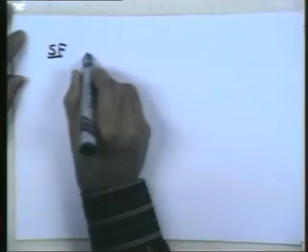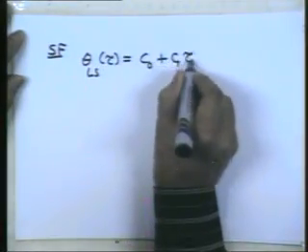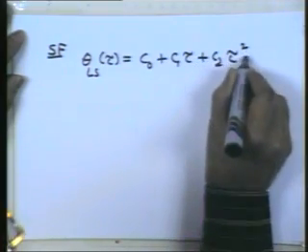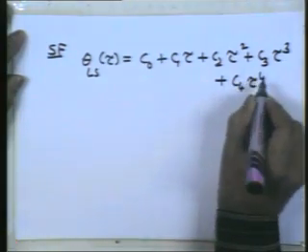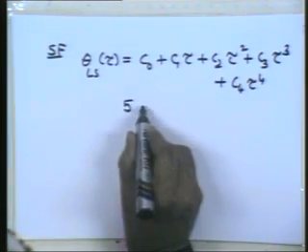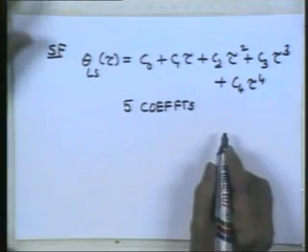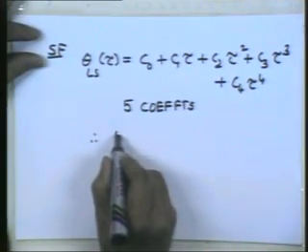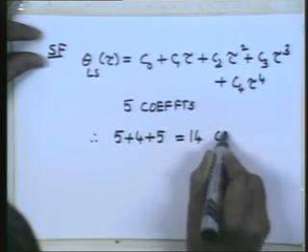we are using a 4th degree polynomial. Theta SF of tau is C0 plus C1 tau plus C2 tau squared plus C3 tau cube plus C4 tau power 4. So we are talking in terms of again 5 coefficients here to be determined. So therefore in all 5 plus 4 plus 5, that is 14 coefficients